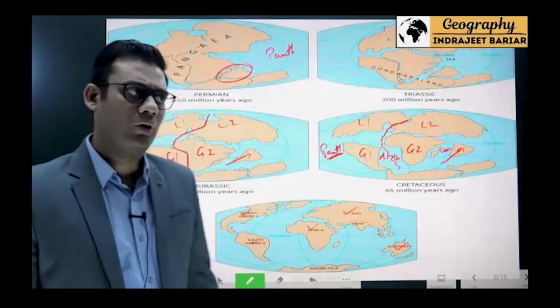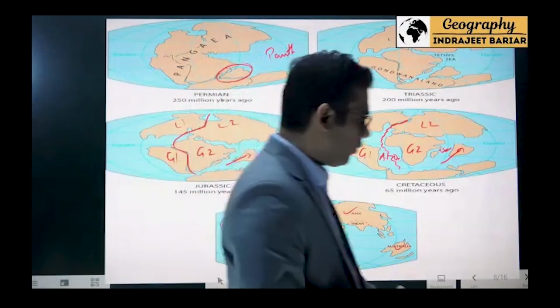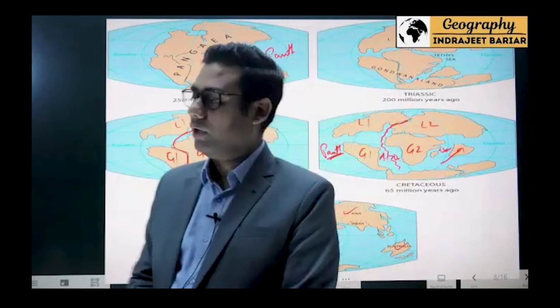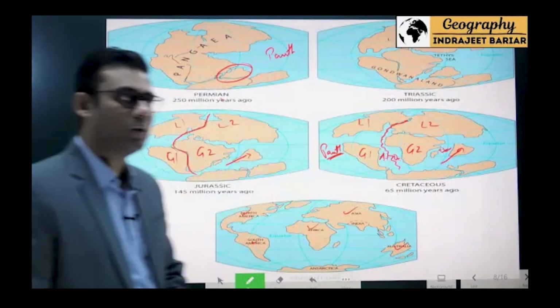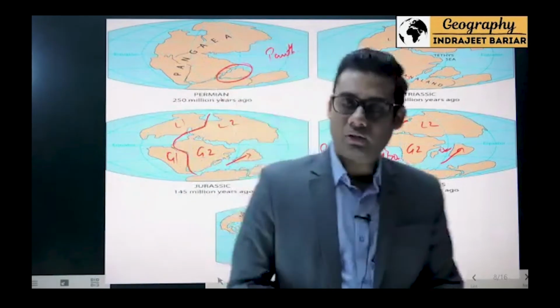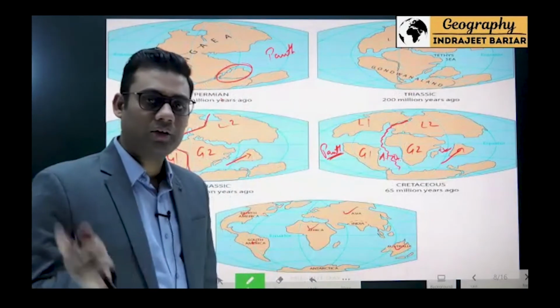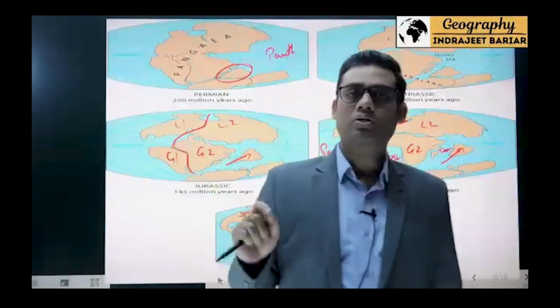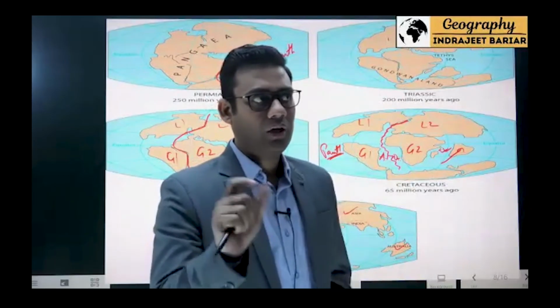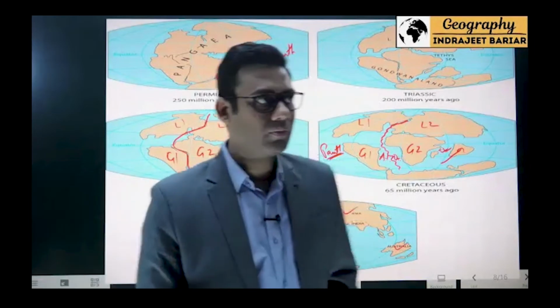ये movement of the continents, how it occurred. So in these cases, what Wegener has done is Wegener gave the continental drift theory. 1912 में this theory came out, or he formulated the theory in 1912, and the evidences related to continental drift theory. अब ये next important question है for the examination. Why I am saying so? Because mains में this question already has been asked. So in part, UPSC has a tendency to ask the question of mains in part in prelims also.